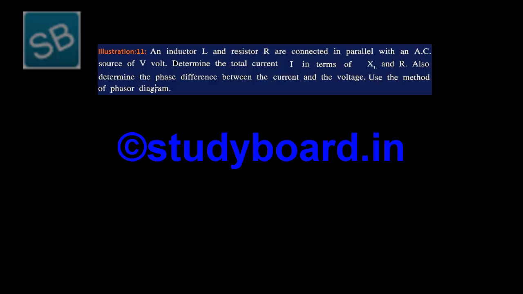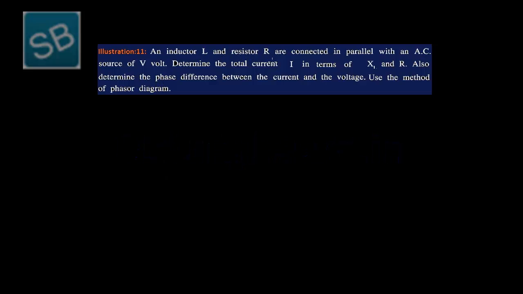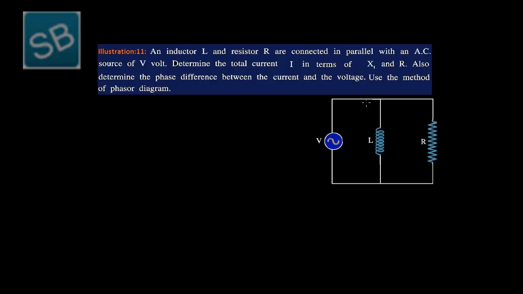Let's start illustration number 11. An inductor L and resistance R are in parallel with an AC source of V volt. So L and R are connected parallel to each other across voltage V. Such kind of arrangement we see first of all. So here is the arrangement of inductor L and R connected parallel to each other and voltage V is